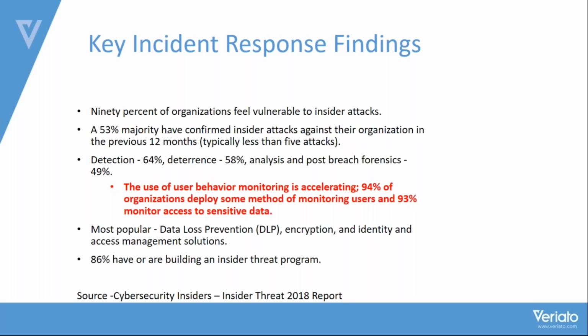And then a whopping 46% comes from negligent insiders. These are employees and other people who make legitimate mistakes. So almost half of the data losses and the data breaches you experience in your organization comes from simple mistakes by people. Simple mistakes. How do we deal with that? Let's keep moving on. I won't cover all of these, but there's some other key incident findings that's out there also. Basically, 90% of organizations feel vulnerable to insider attack. 90%. That's a big number out there. Even though we have all this technology and everything else we put in place, 90% still feel vulnerable.